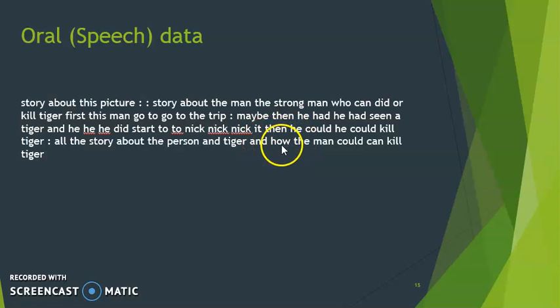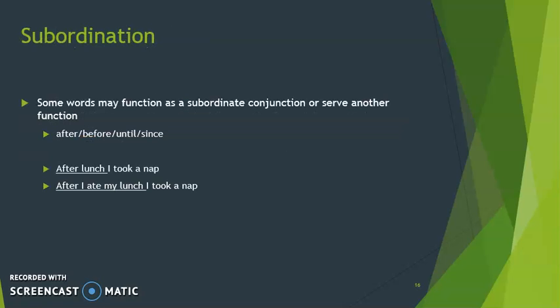How can also be indicating a subordinate clause. But I want to focus on some words that can function either as a subordinate conjunction or serve another function in the sentence. For instance,